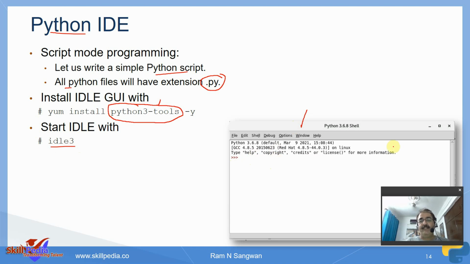So here the same message is displayed, and it displays the shell prompt only, I mean the Python prompt only. So you start working in an independent environment of Python inside this IDLE. There are other integrated development environments. Eventually I will introduce you to all those environments, and you will decide which one you want to use. There are multiple development environments available for Python.